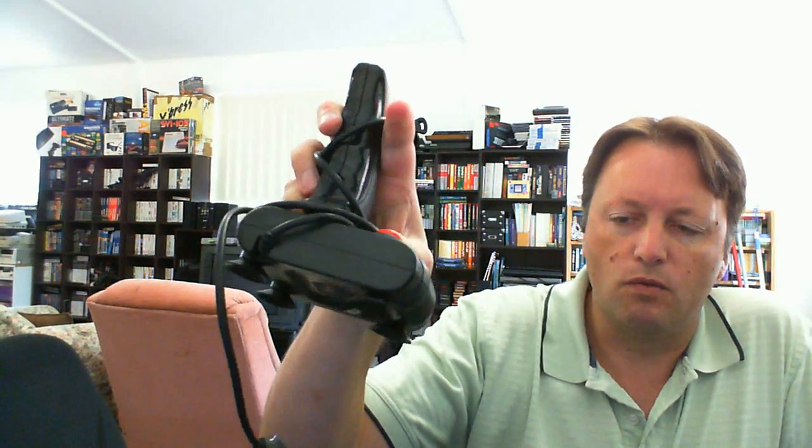Oh, here we go. One like this for the MSX, where each of these buttons was wired up as a 1 and 2 button. And some games, so this is a Quickshot 1, so this is just an Atari one, so both of these buttons are wired up the same. So what I did, I took an Atari joystick